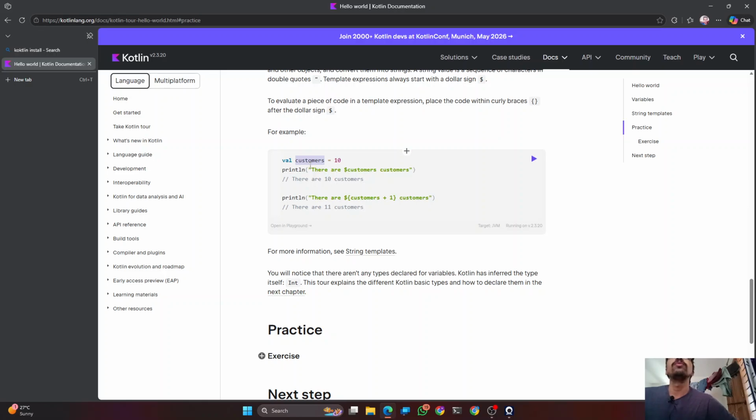Okay, so for putting a variable inside a string, we need to put a $ sign for the variable, or a $ sign with curly brackets. We can also do small